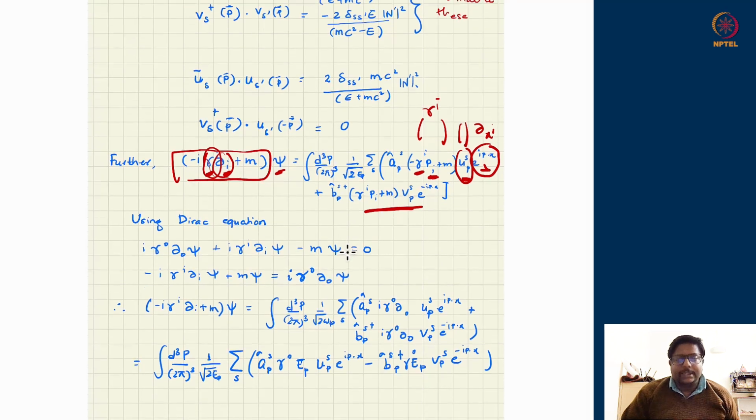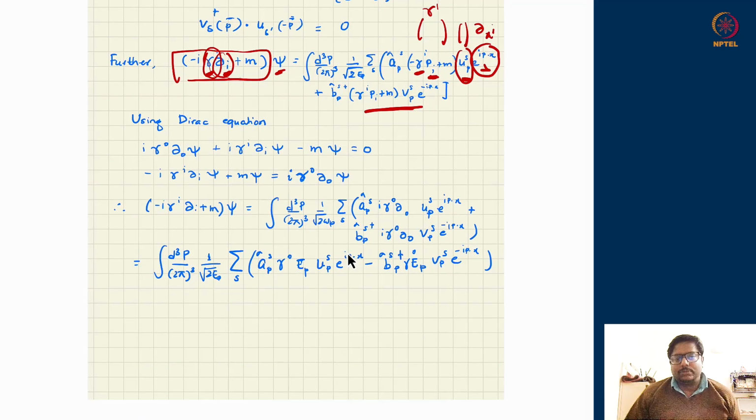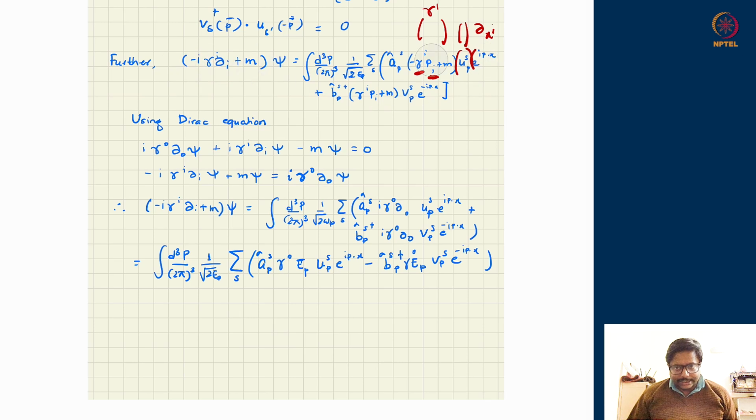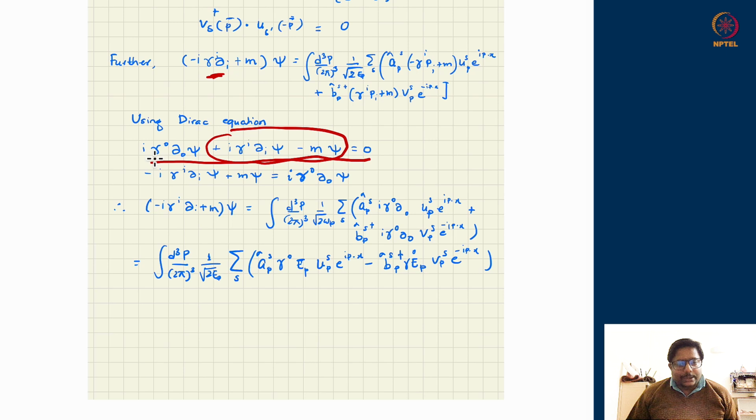Okay, so far so good, but there is another, easier, more convenient way of obtaining the action of this operator. You can do this exercise also and find out what happens at the end of the day. But an easier way is this: use the Dirac equation. I know the Dirac equation is i gamma mu del mu psi, not gamma i del i, which is required over here. So I write it like this. Therefore, the part I am interested in is the negative of minus iota gamma naught del naught psi. So the part I am interested in over here is just this, i gamma naught del naught psi.